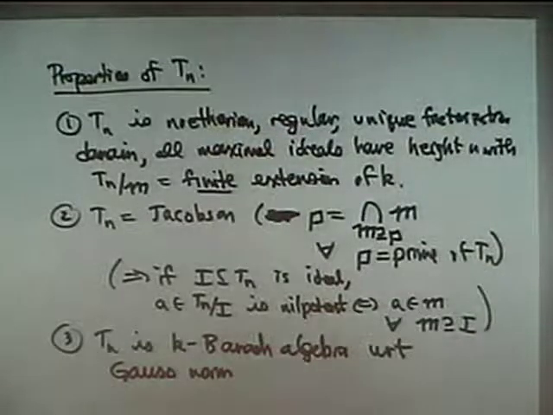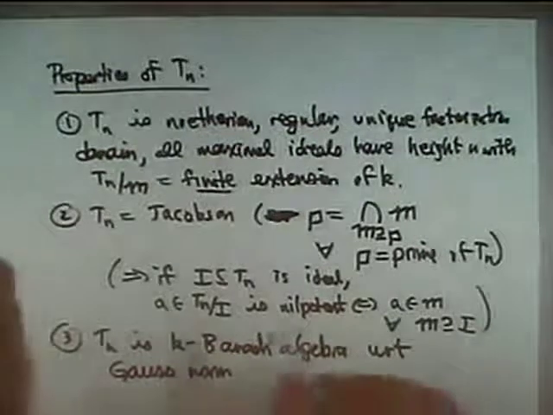In general, in a Banach algebra, the norm is only required to be submultiplicative. The norm of a product should be bounded above by the product of the norms. The Tate algebra has this kind of extra feature that it's exactly multiplicative. In any event, this is a Banach algebra, and that's going to be very important for various operations that we perform with this ring. And in order to have that interact well with the commutative algebra properties of this ring,